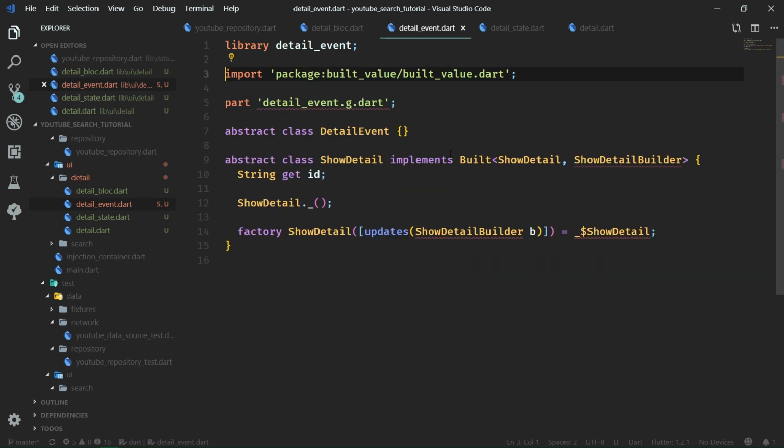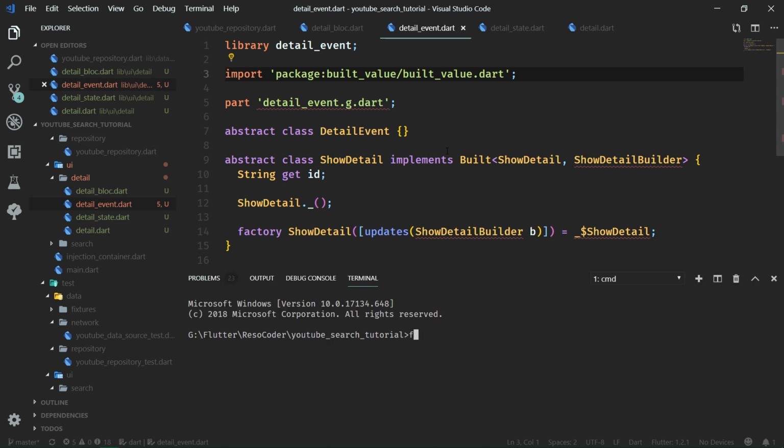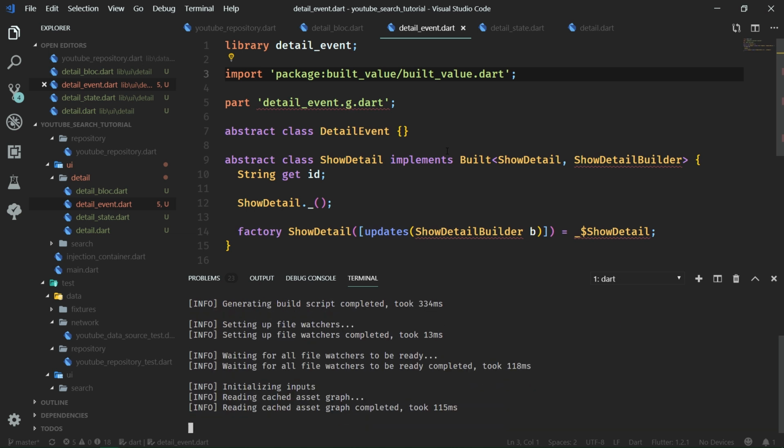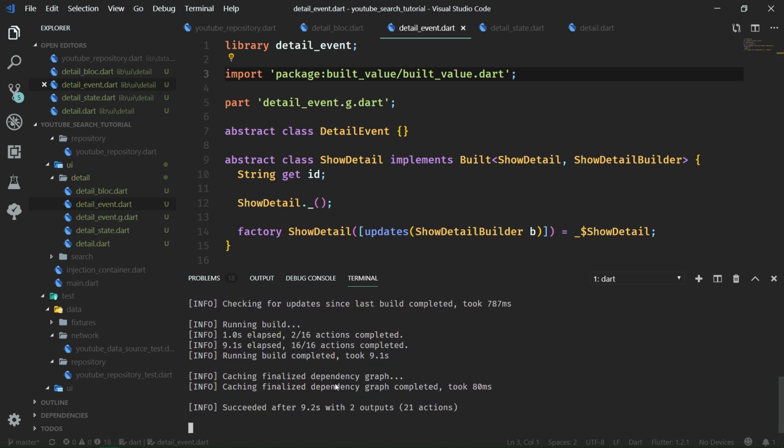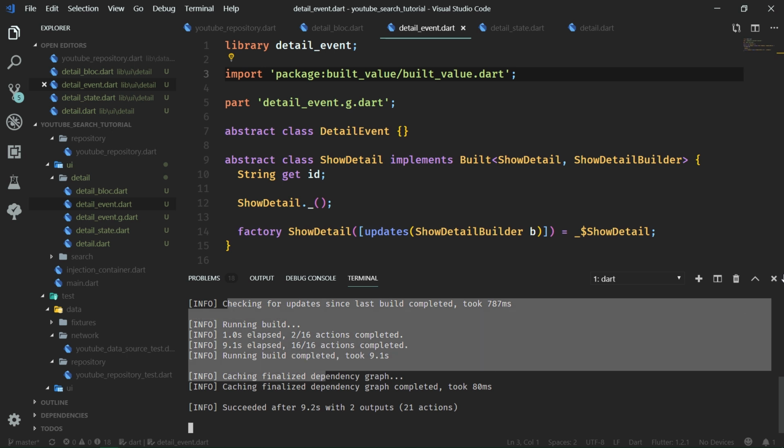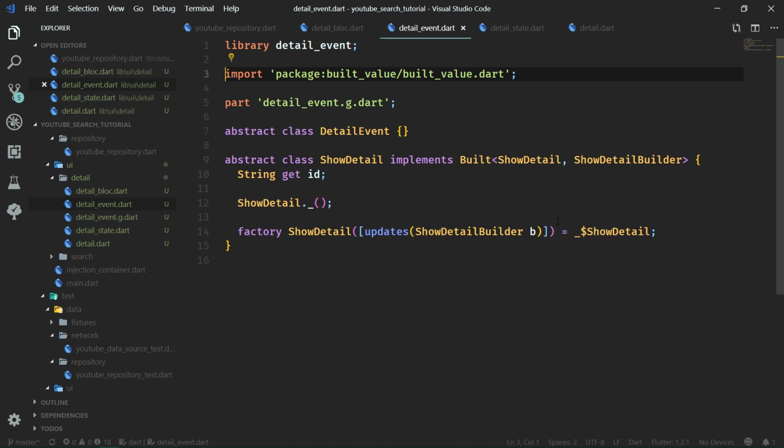All right. And now we are going to open up the console and run flutter packages pub run build_runner build, or actually watch, because we are also gonna build a state class, which is also built value. Awesome, we can see that the build finished successfully, so hopefully we are not gonna get any errors as we did before in the previous part. So now let's move on to